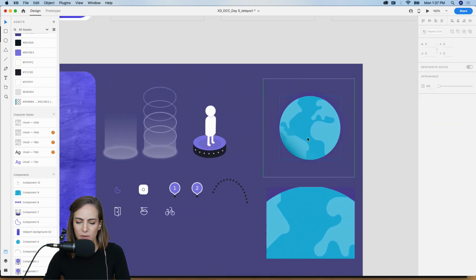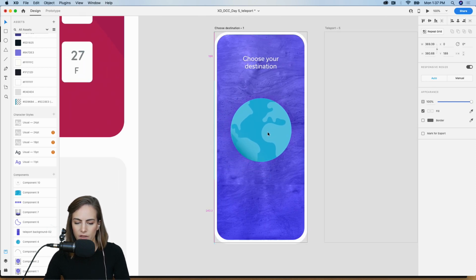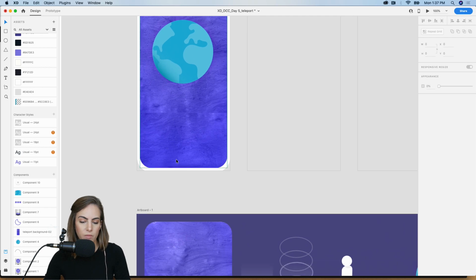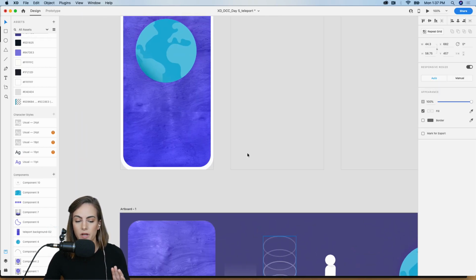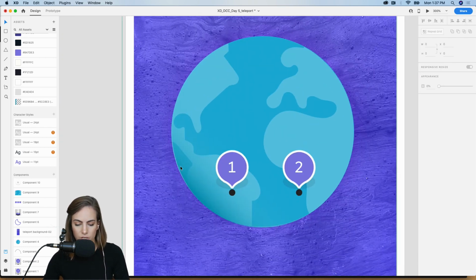Okay, and then I made this little earth illustration. Gonna add that, just a little purple drop shadow in the background, and some gradients along the corners. Then what I'm gonna do is show where we are and where we're going. Again, I'm going to use some of these components.